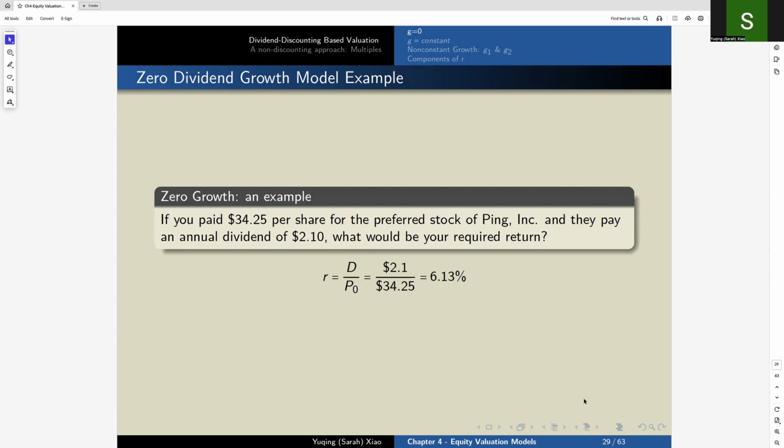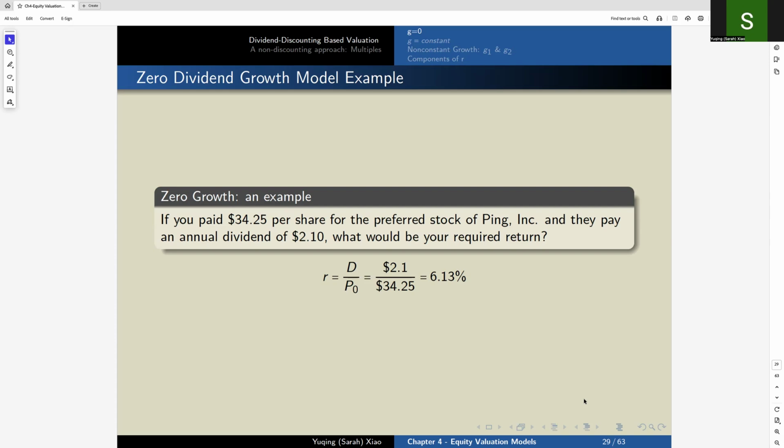Here's a real-world example. Suppose you paid $34.25 for a share of preferred stock, and it pays an annual dividend of $2.10. What's your required return? You simply divide the dividend by the price,